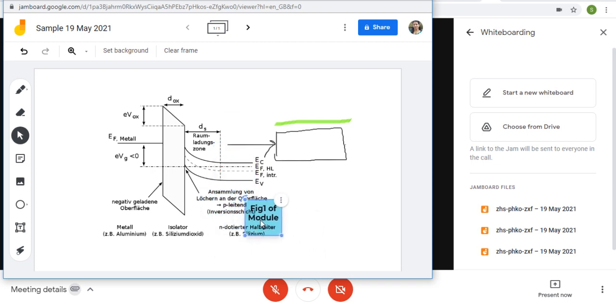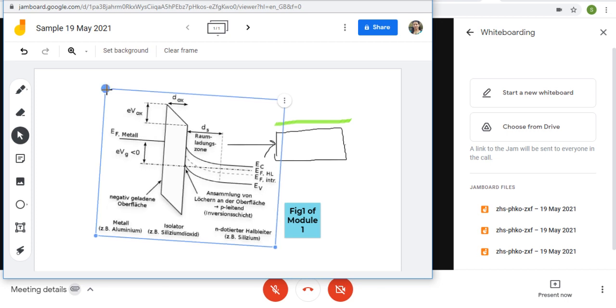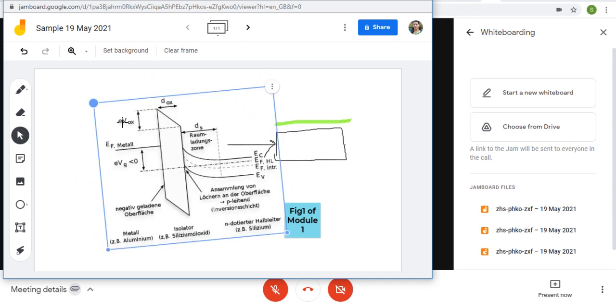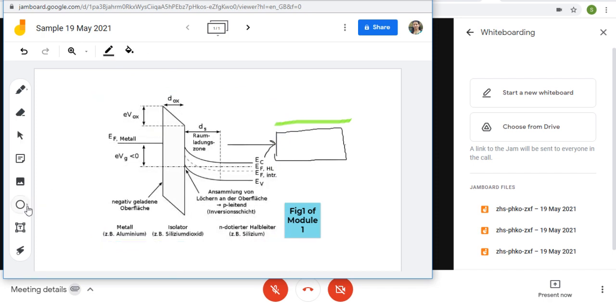Suppose this is the information about this part, then you can just click here. Okay, this is about the image. You can increase the size of this image by using this, or you can also rotate the image according to your requirement. You can use these options. Here are the different shapes. Just click on this triangle, this more option, so you will get the different shapes. You can use the shape and you can draw it easily.